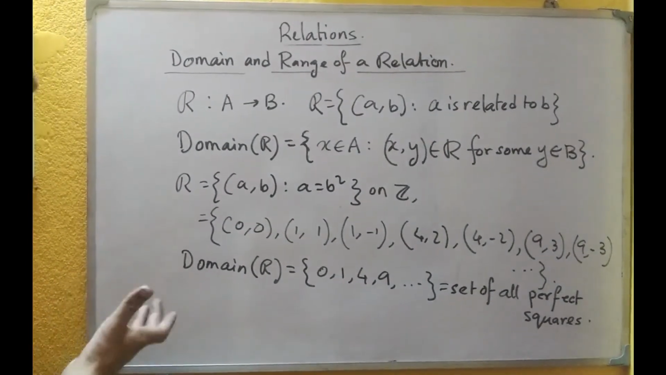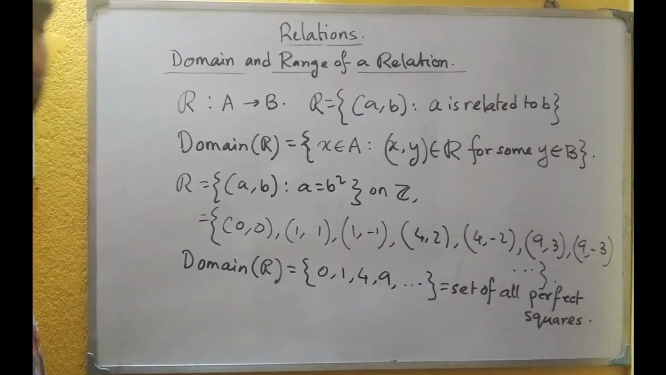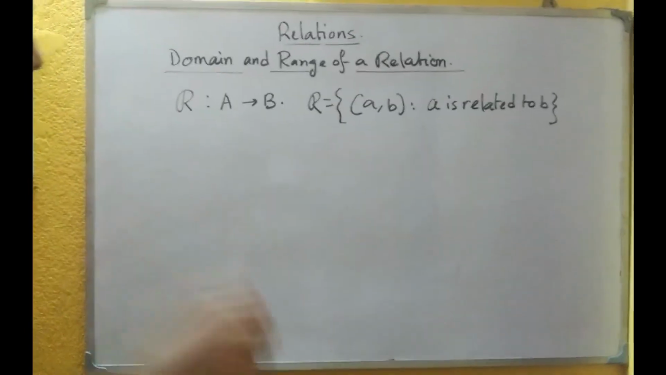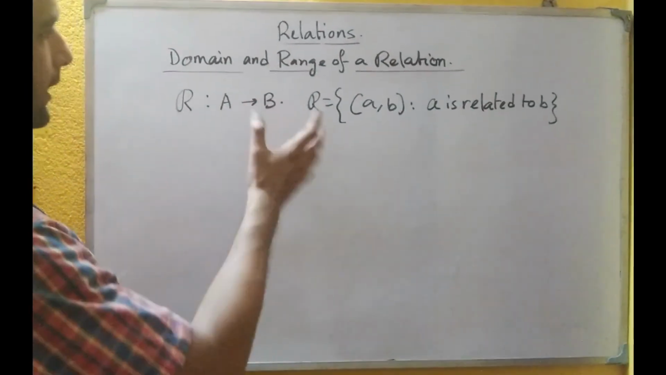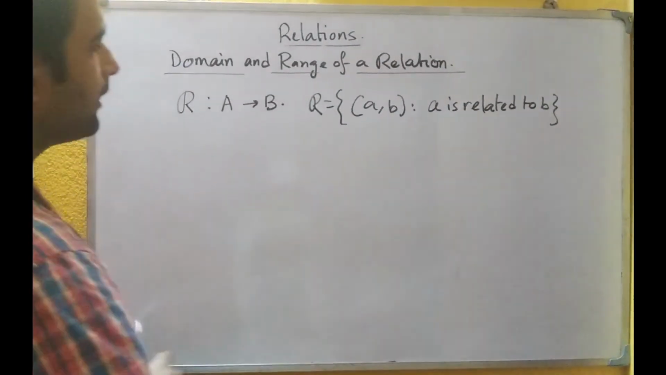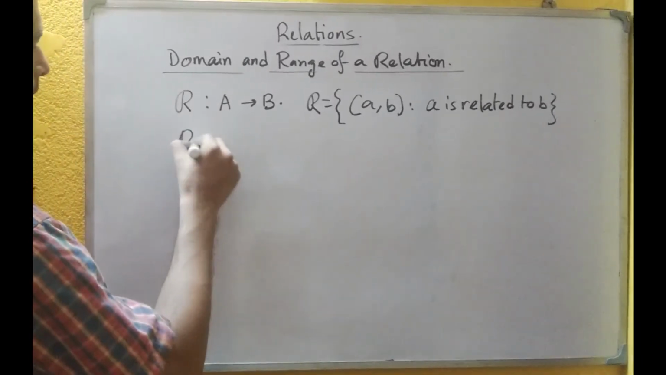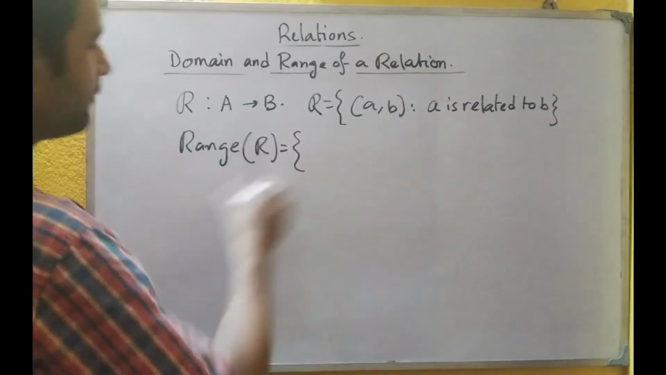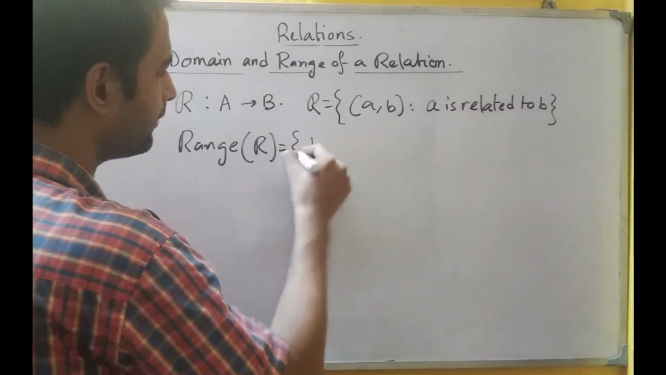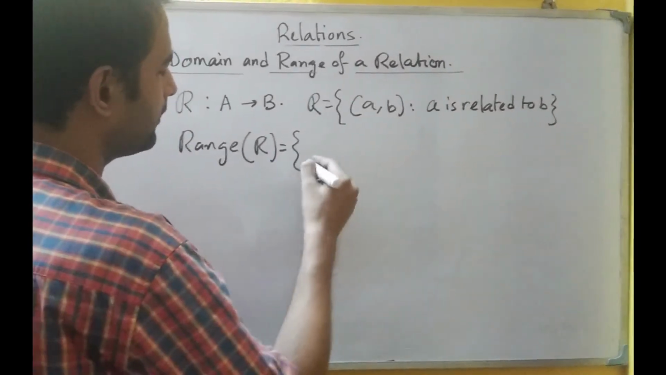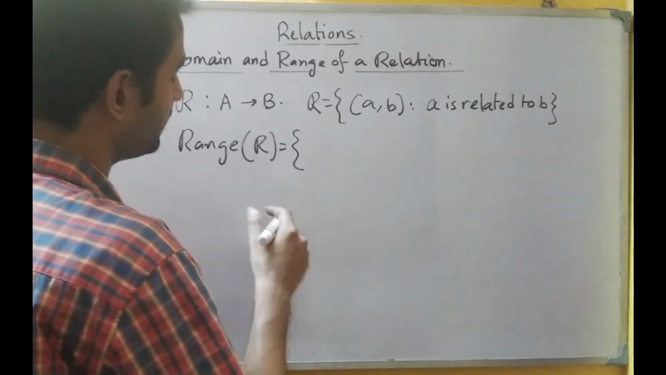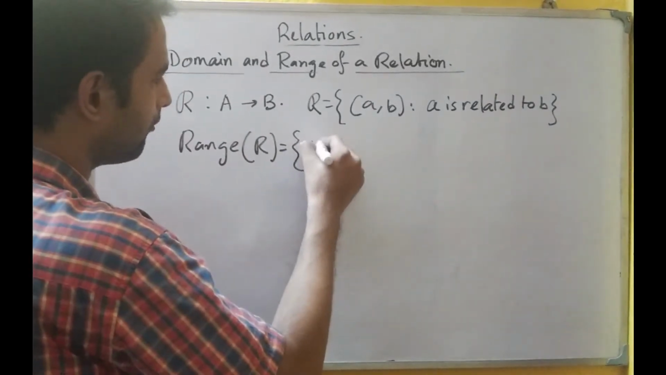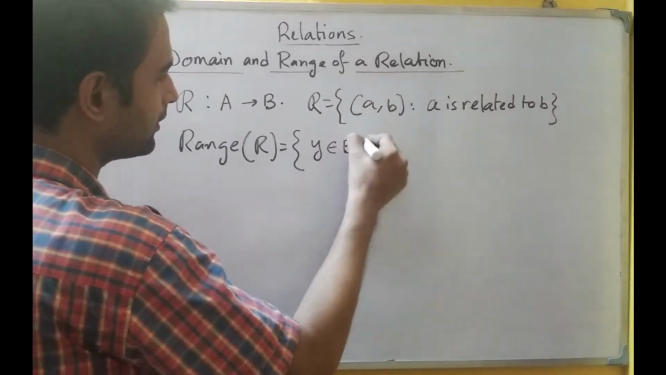So this is the way we define the domain of a relation, and next we come to the range of a relation. So it is simple. If domain is the collection of all the first elements, then range is defined to be the set of all the second elements, that is y belongs to B